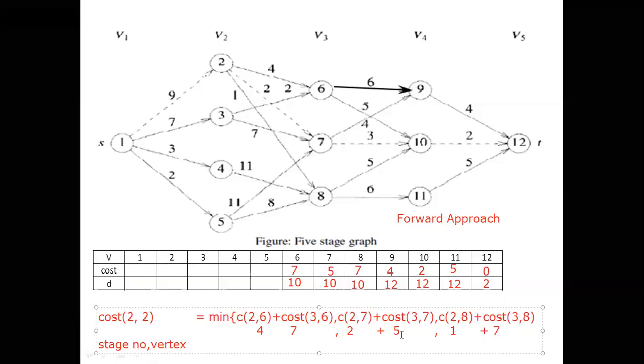Which is the smallest one? The second one is the smallest one. 2 plus 5 it is 7. This is the smallest one. This 7 is the smallest value, because here 4 plus 7 it will come as 11. I will write so that confusions can be avoided. And 1 plus 7 it is 8. Which is the minimum one? The minimum one is 7. Where we have to update? For the 2. 2 we have to update as 7.